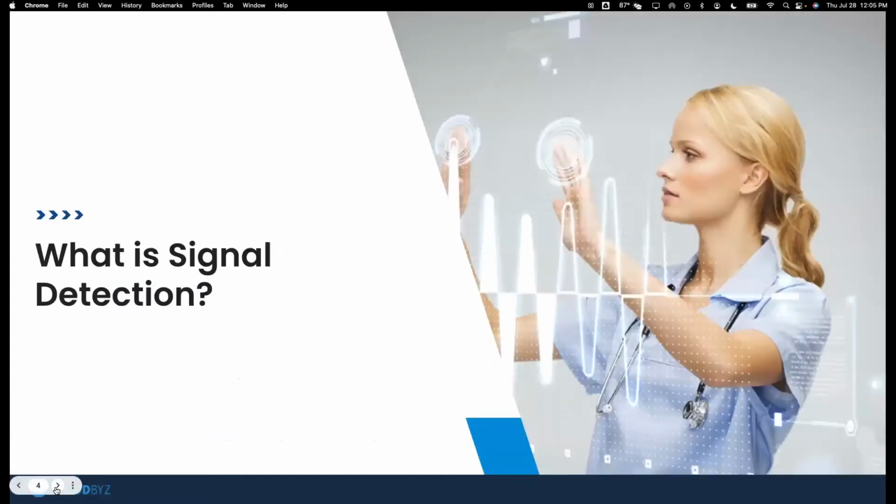So folks, let's jump into the topic at hand. Let's discuss a little bit of signal detection. And before we go too far and start talking about challenges or showing you any kind of demo, it's really important that we set the scene as to what we're talking about here. Before we can get into signal detection, I think we need to set the scene around pharmacovigilance.